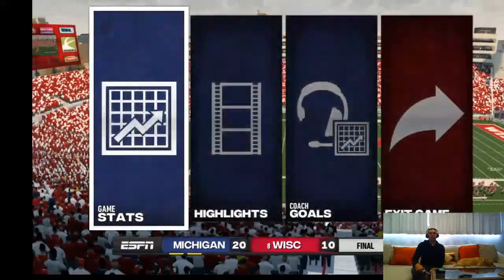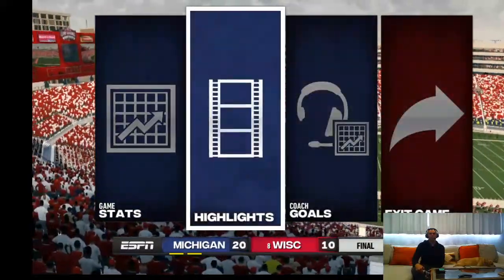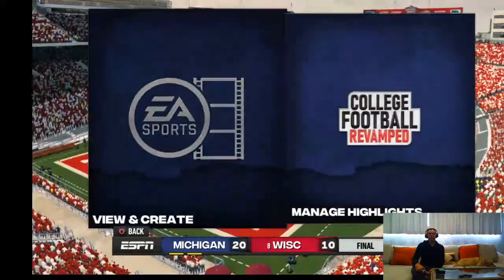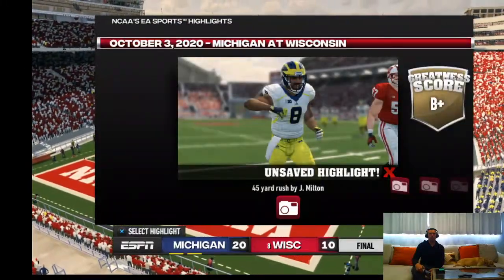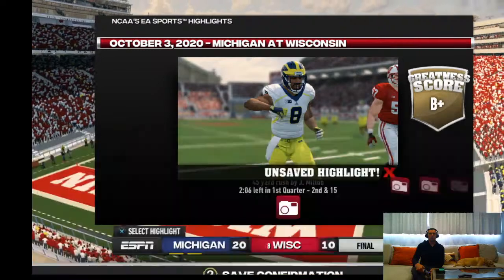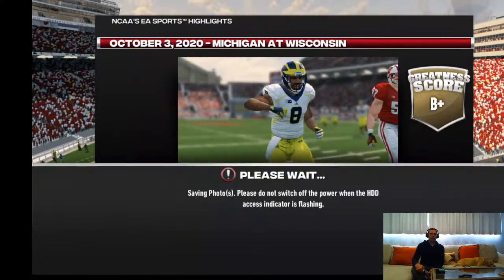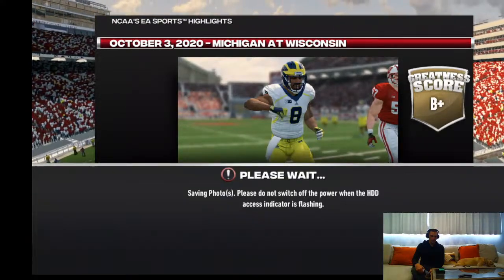All right, quick look at stats here. First, let me go and grab the little screenshots here. But yeah, that was an overall solid game. Pretty happy with it.